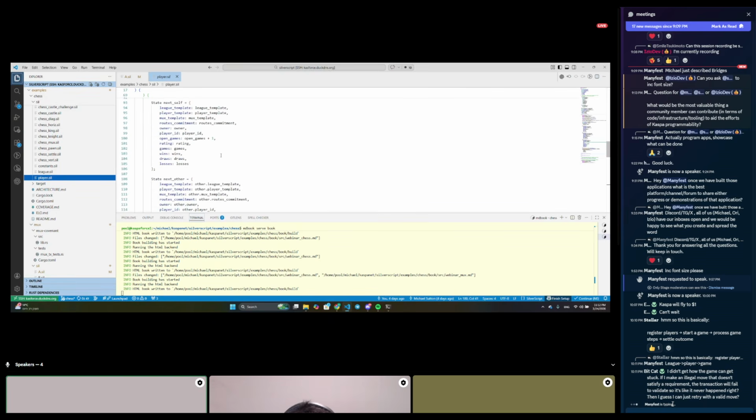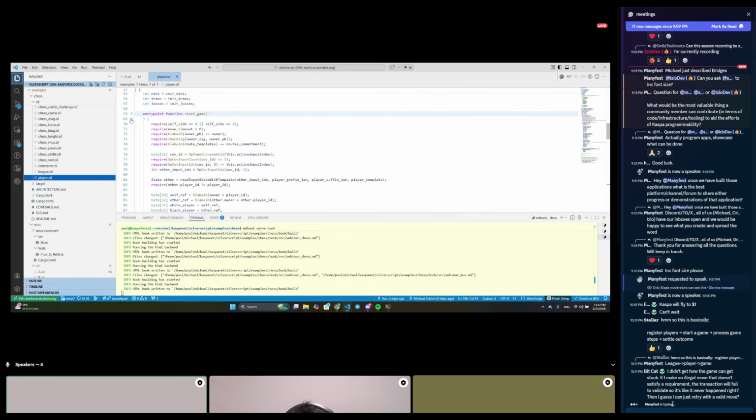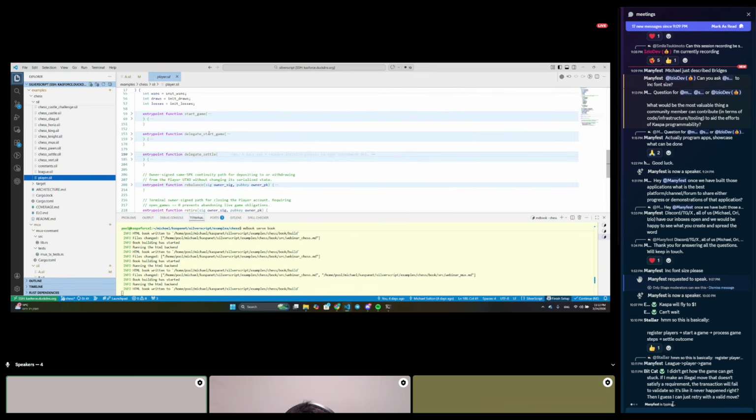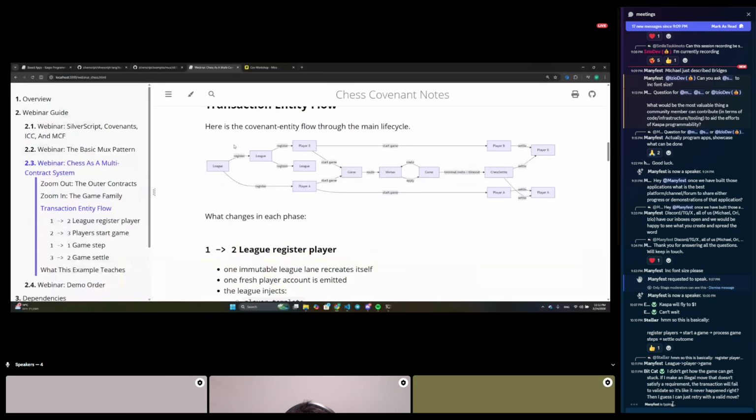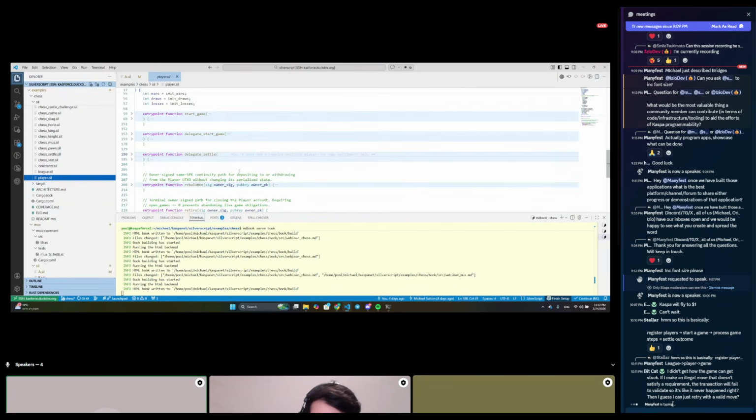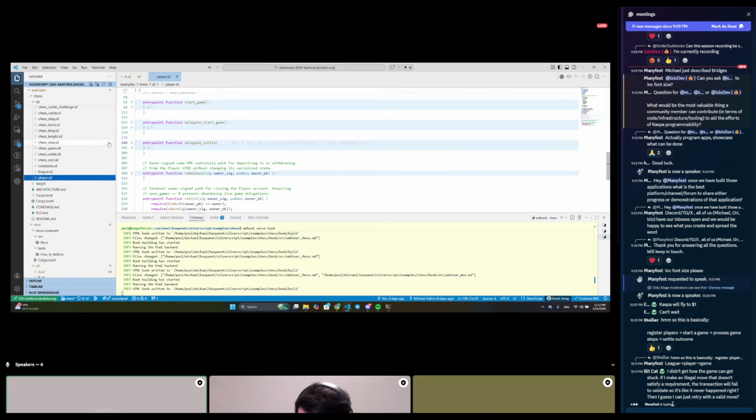The player is like a 2 to 3. One of them is going to do the logic, the other is only going to delegate. That's the delegate start game. So one of them is going to execute the full start game. The other one is only going to make sure there's another player that's doing that. And then the other function the player needs to know is how to settle. And in settle, it actually delegates. What's going to run the actual settle logic is chess settle, and the player is only delegating.